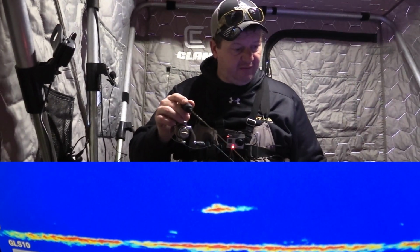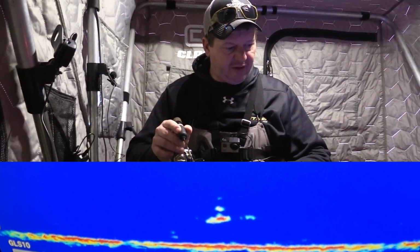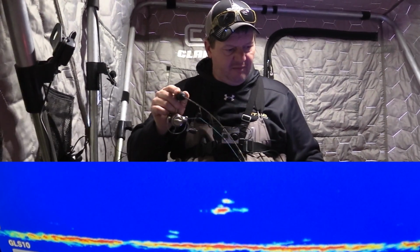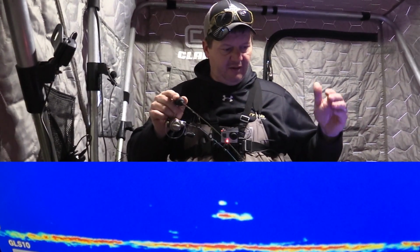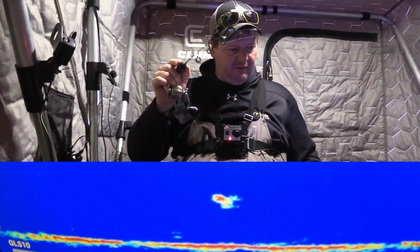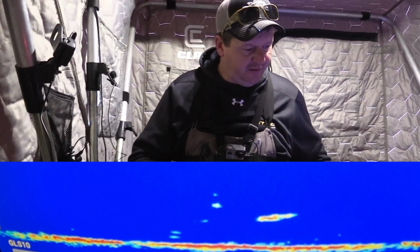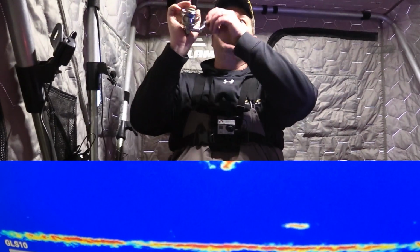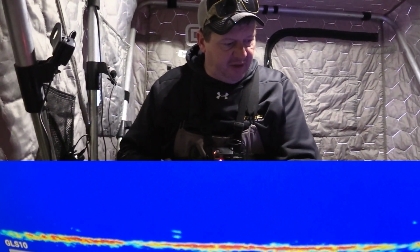I'm surprised with the barometer being the way it is, going up and down. I even got this fish come up this high, but man, he's just coming up and might hit it now. Might have to change up just a bit. Came up real nice and slow like he was going to hit it, and now we're just hovering below it, going back and forth. Oh, I thought he was going to hit it. Oh, man alive, I got this fish almost 6-7 feet off bottom. Here comes two of them. Here comes another one. Oh, this one came up and just rocketed. Ain't the fish I wanted, and then he came off. Ain't the fish that I wanted to hit. The other one was a little bit bigger, but